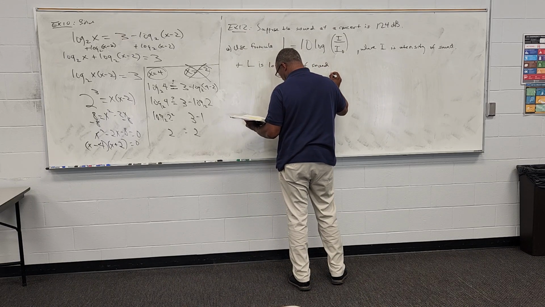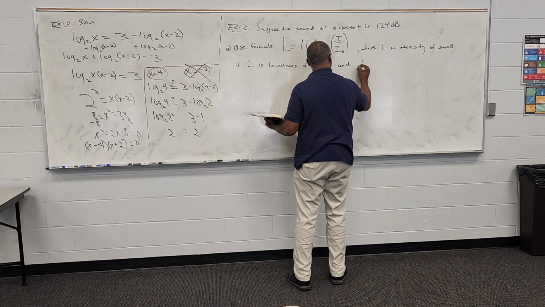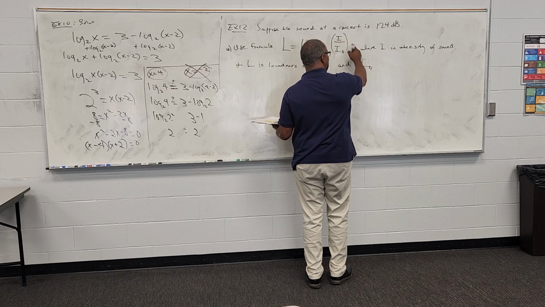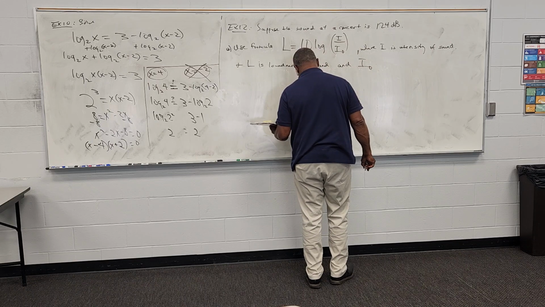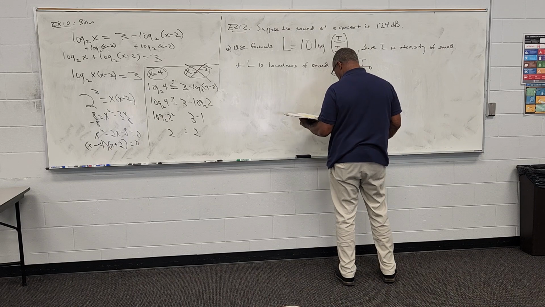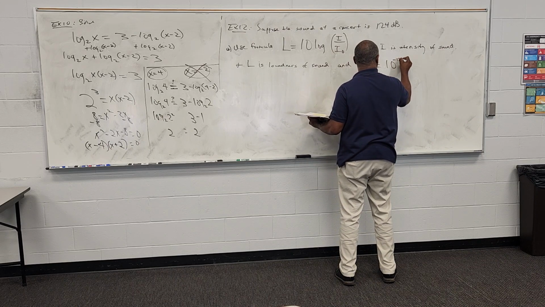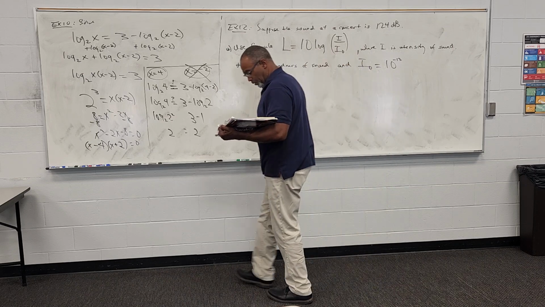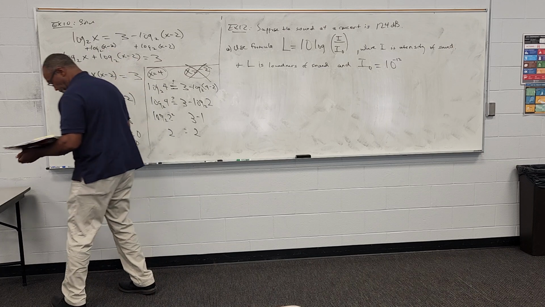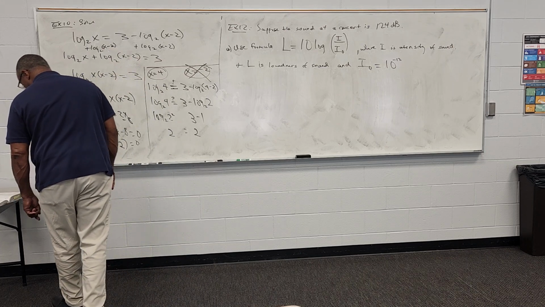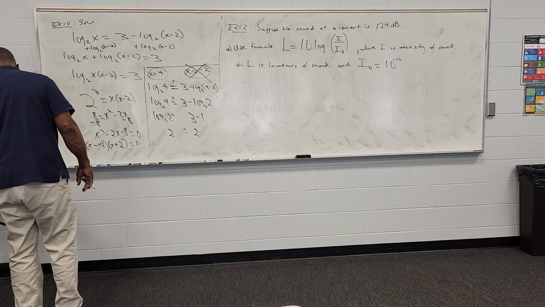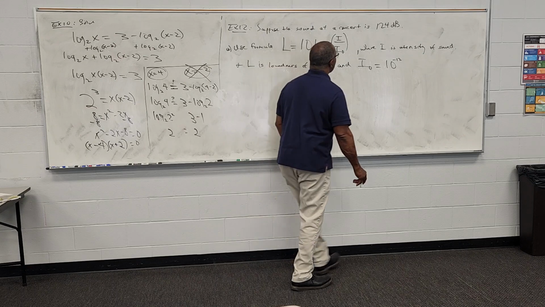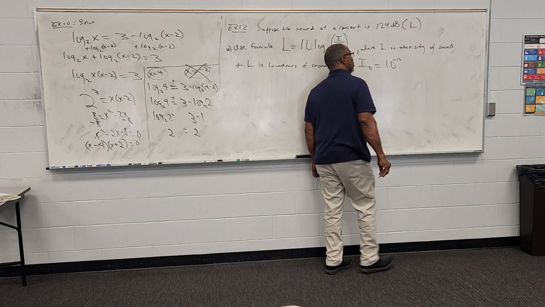Okay? And they give you, now all this means is the intensity at time 0. That's what I sub 0 means. I is intensity, so I sub 0 means the intensity at time 0. So what was the initial intensity? So I sub 0 is 10 to the negative 12. And they give you the units, I don't care. So, let's use that formula to find the intensity. So L is 10 log of, and this is L, by the way,